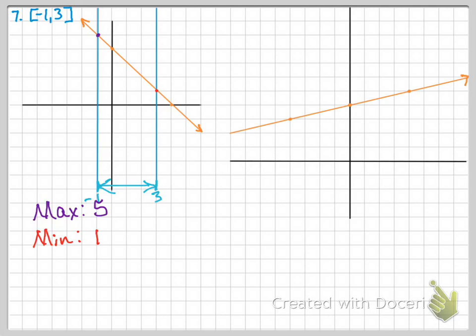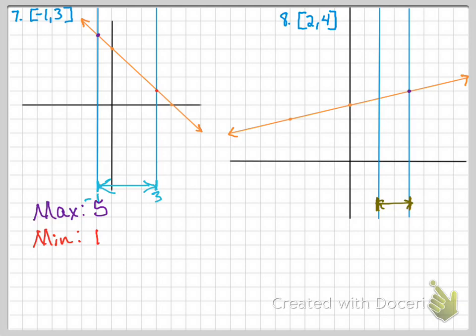Graphing out the graph for number 8. Okay, 8 has an interval of 2 to 4. We'll put in those interval lines right there. We are looking in between and including these lines. Okay, so this one, you notice this goes up, right? This one's going up. The other one was going down. So my high end is going to be on the right,